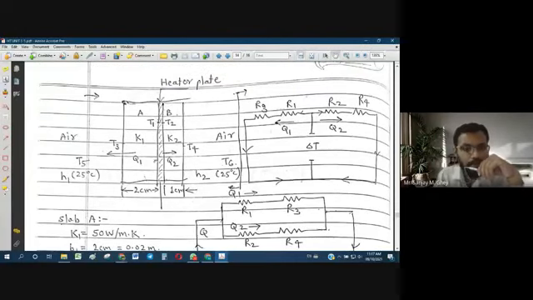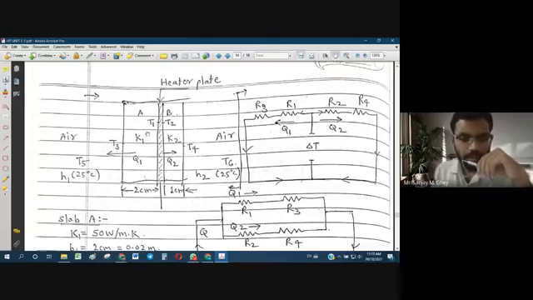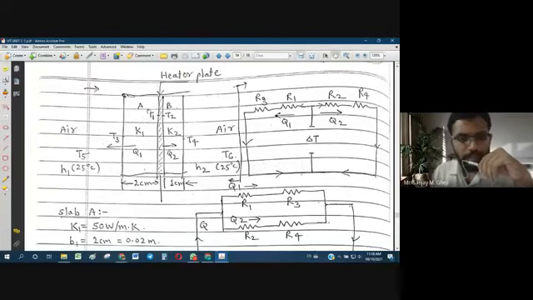On the A side, let us say the temperature is T1. This temperature T1 is the heater plate temperature, and let us say T2 is the temperature of the same heater on the B side. Numerically both will be the same because heat generation will be uniform in the heater plate, so the temperatures on both sides will be the same. Only for our understanding and to avoid confusion, we are naming them T1 and T2. Finally we are going to get the same value. So for the A side, let us say it is T1, and for the B side it is T2.